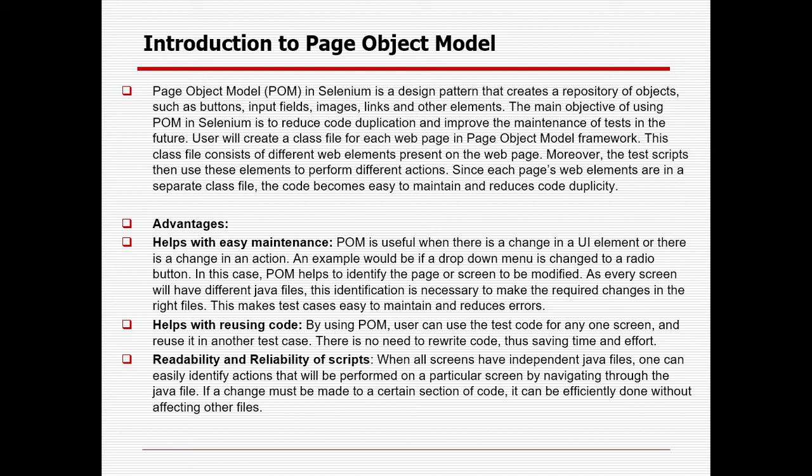So for each and every transaction there will be several pages, and in several pages you have to identify several elements for which you need to perform the operations. Okay. So first for each and every page you will create a separate class where you will identify all the web elements for which you need to perform the operation, and then in that particular class itself you will write down all the important methods or functions, right, to perform the operation on the web element for that web page.